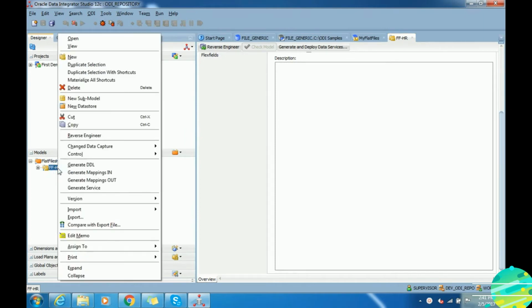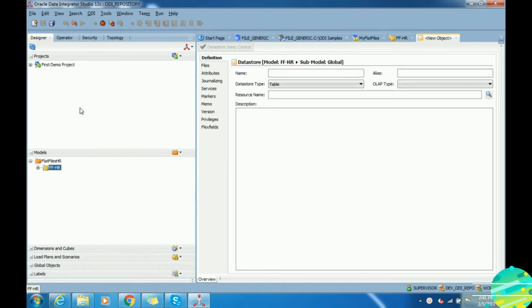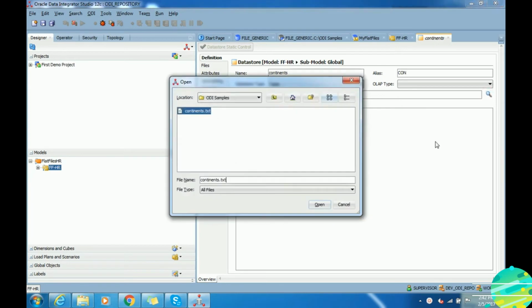And then under the new model, we have to create a new data store. I'm giving the name same as the file name here, continents, and under the resource name, this is where I am going to select the file.